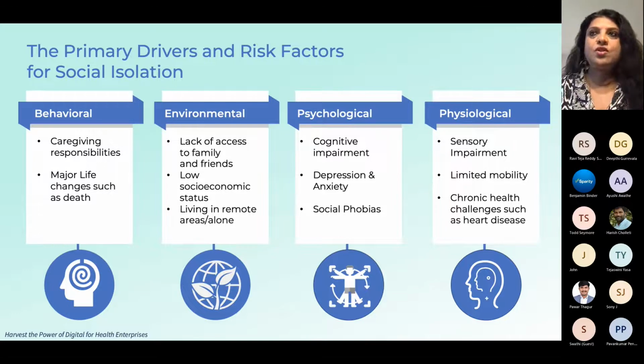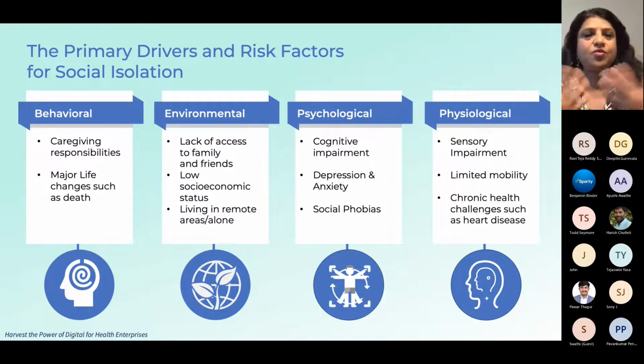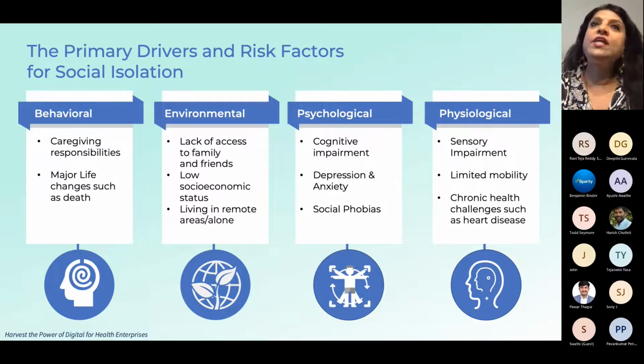So that leads to some of the need, like if you have to take care of an Alzheimer's or dementia patient, typically the caregiver ends up being very isolated because it's a 24/7 job, in addition to having maybe a job outside of home. So it's a big burden financially, psychologically, etc. So there are some behavioral issues you will notice. They start to become more introvert, they don't socialize, they don't go out, they don't enjoy life, or major life changes, which were experienced by a lot more people since the pandemic, such as death or disability, or they were in the hospital for a very long time, etc.